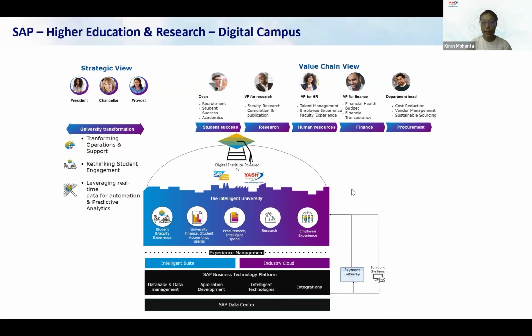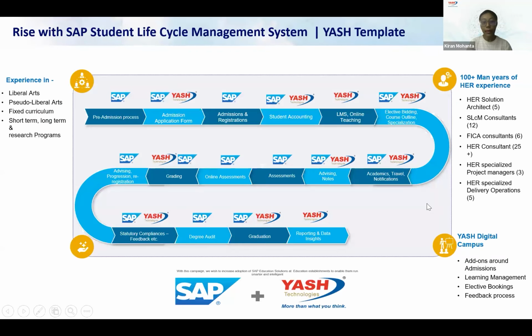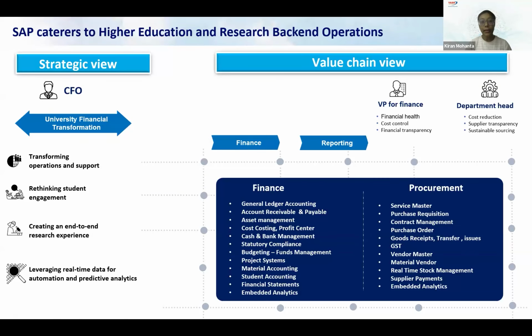Now, going to the next slide. This is, again, an extension of the earlier slide. We have a strategic view, we have a value chain view, but this is a very powerful slide. I can spend a lot of time here, but unfortunately, I'm running short of time. But yes, I wanted to also show you this digital campus from the perspective of the back office, which is finance and procurement, and these two modules are very strong aspects of SAP. There you can see the list of all the activities of finance and procurement which you can do over here,